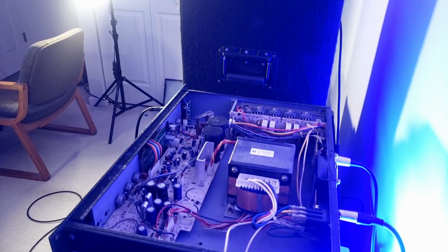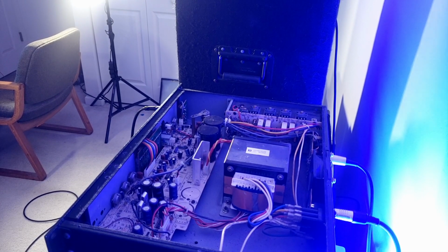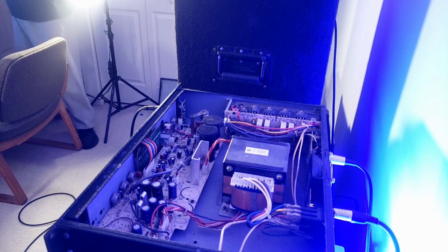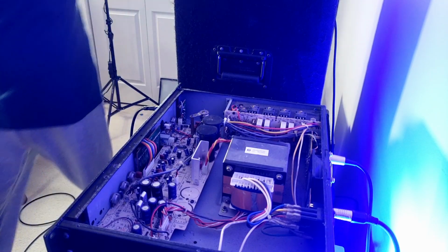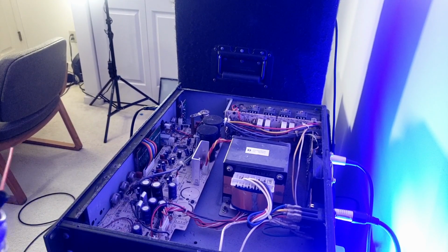Come back here, see if I can get a good view of what's going on. Yeah, that's a decent view. All right, let's do a little more light in here if we can. Hey, look at that, you can see. All right, so the idea here on these other knobs, if you take a look,